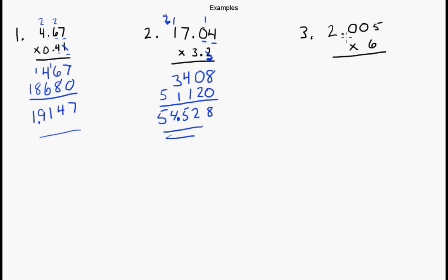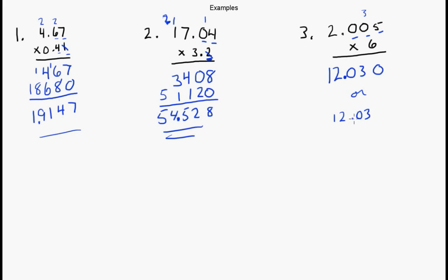Lastly, our last example, 2.005 times 6. 6 times 5 is 30. 6 times 0 is 0. And 6 times 2 is 12. And we have 1, 2, 3 places after the decimal. No decimal point in our number 6 here. So we just put our decimal point in there. So we get an answer of 12.030 or